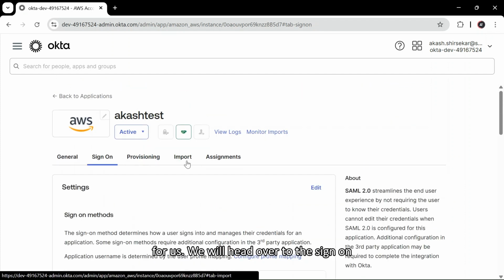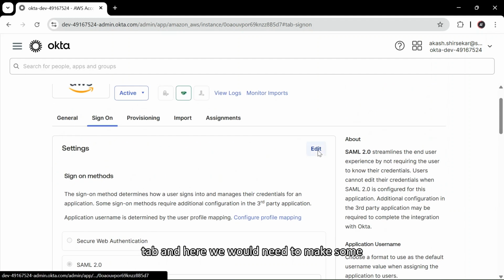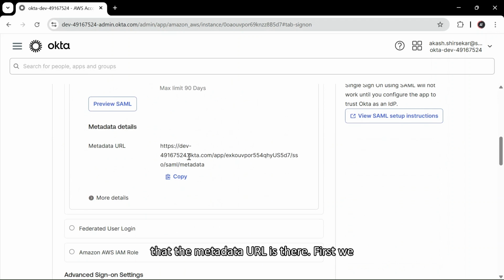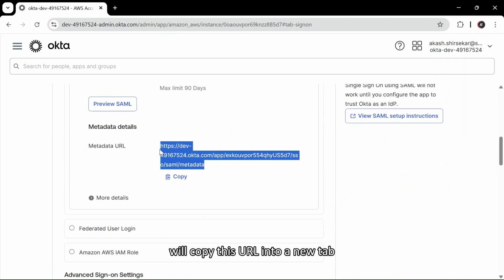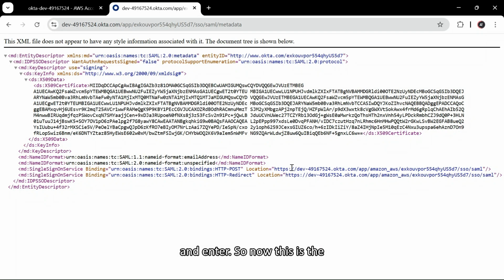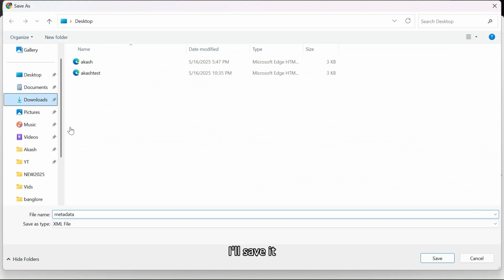We'll head over to the sign on tab, and here we would need to make some changes. So now here you can see that the metadata URL is there. First we will copy this URL into a new tab and enter. So now this is the metadata that we need to save. I'll save it,